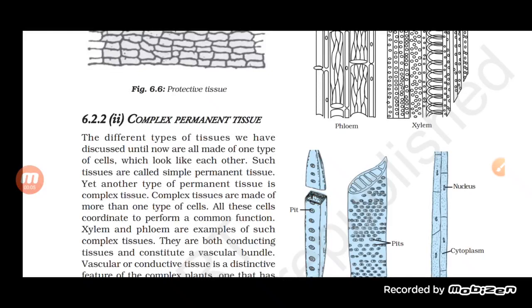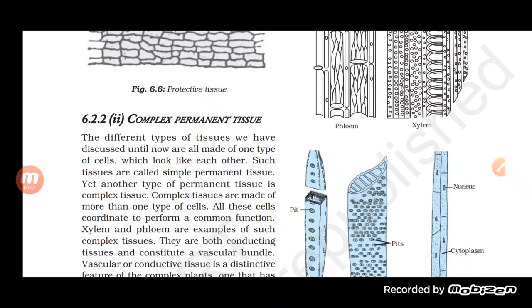So students, in the previous class, in this chapter that is tissue, we were talking about the simple permanent tissue, and we have seen what the types of simple permanent tissue are. Basically the simple permanent tissue is that type of tissue which includes three different types of tissue: parenchyma, collenchyma and sclerenchyma. If we talk about parenchyma and collenchyma, students, we have seen that both of them are living, but sclerenchyma is the dead one.